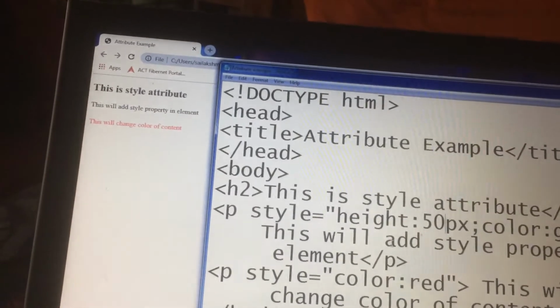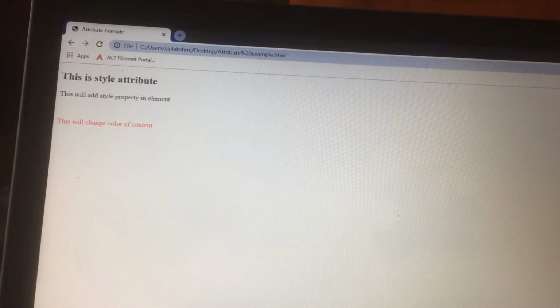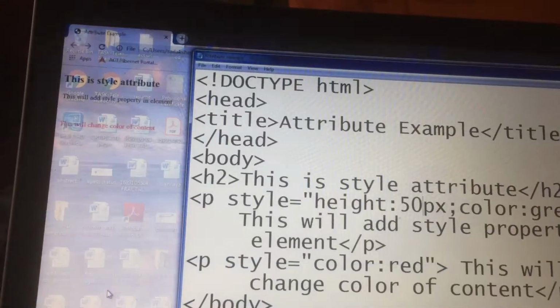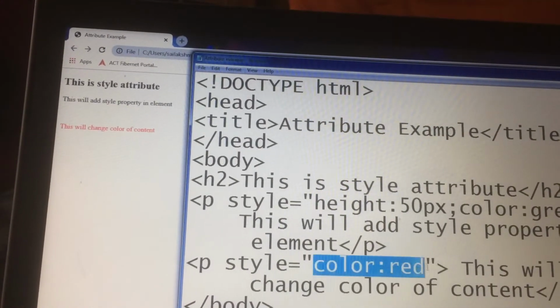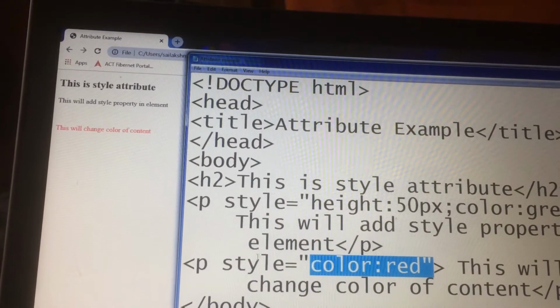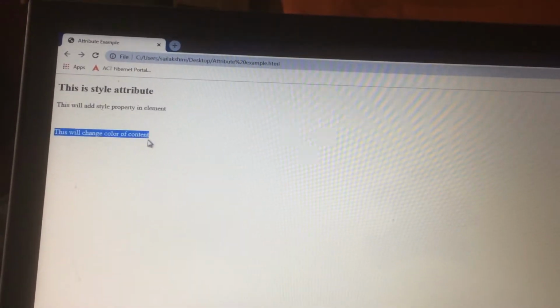Sorry, I have not saved it, and then refresh. So the height changes. So this is the program about variations in height, and this one is about the color. We have written color equals to red for this content, so output will be in red color.